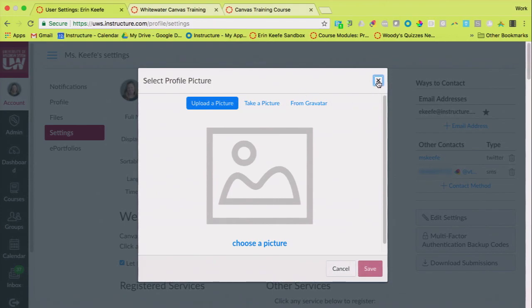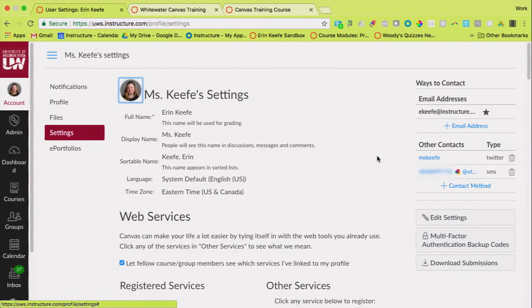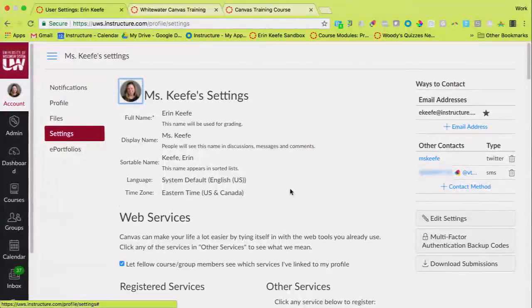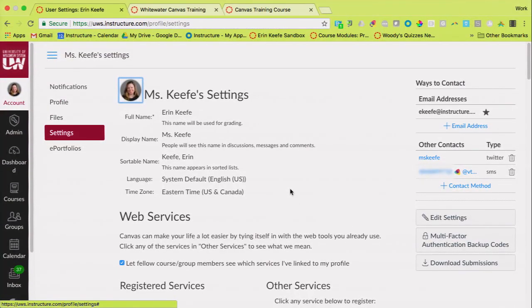So we do suggest that users put in a profile picture. It will show up a number of places in Canvas when you start interacting with other users. When you send them a conversation message through the inbox, when you grade something, when you post on a discussion board, a profile picture does show up. Now, I told the other group yesterday, and I'll tell you guys too, if you ever see an inappropriate picture in Canvas, you can flag it.